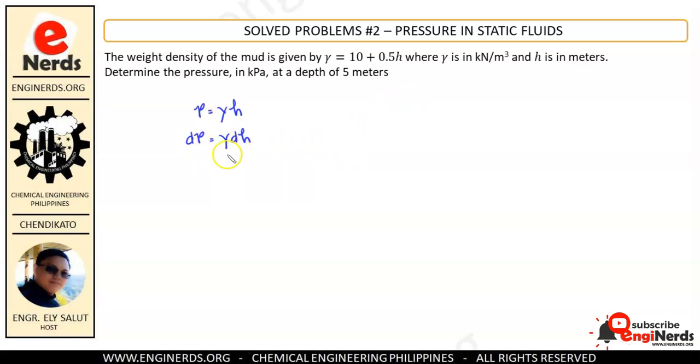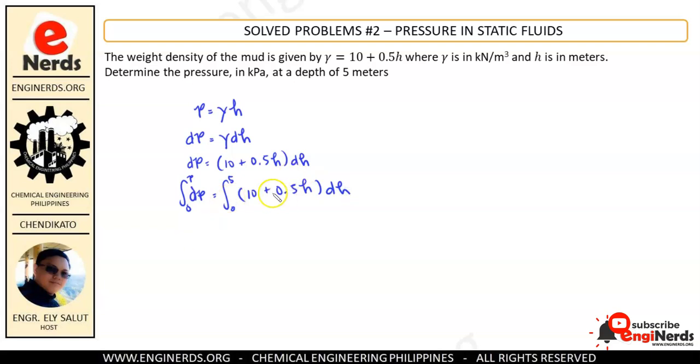And then we know that our gamma or our specific density is equal to 10 plus 0.5 H. So, substitute natin yan. So, we have dP is equal to 10 plus 0.5 H dH, no? And then we will integrate both sides. So dP will be integrated from 0 to P. And here we will integrate this from 0 meters to 5 meters, no? Okay, now we have here 10 plus 0.5 h